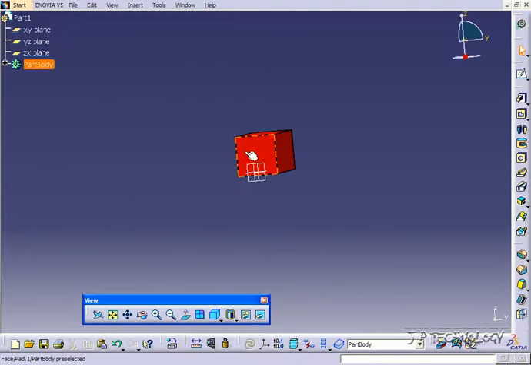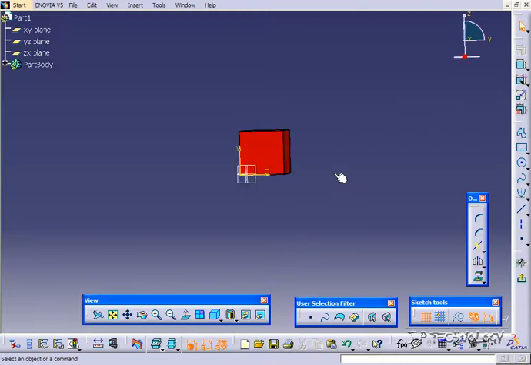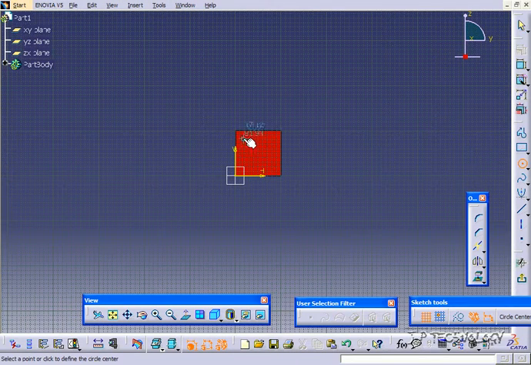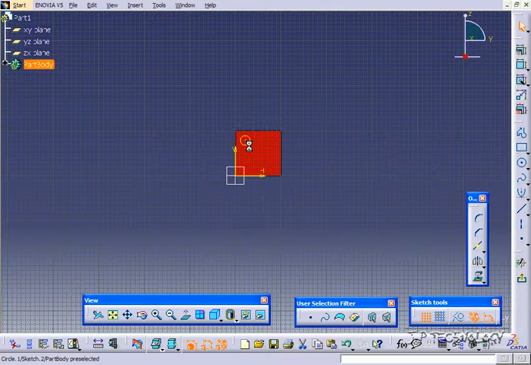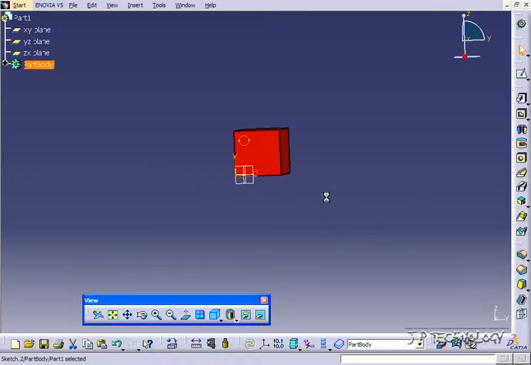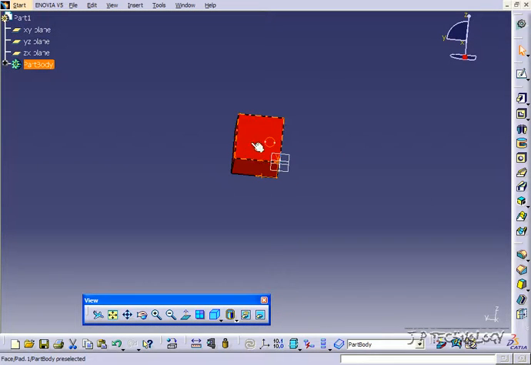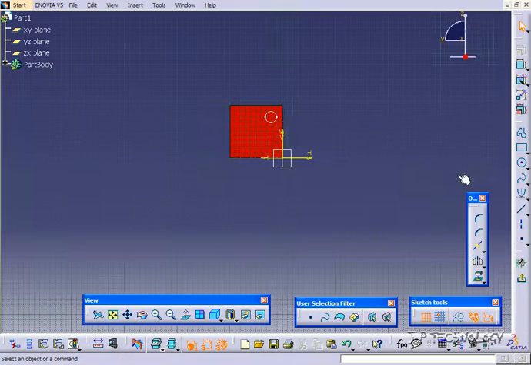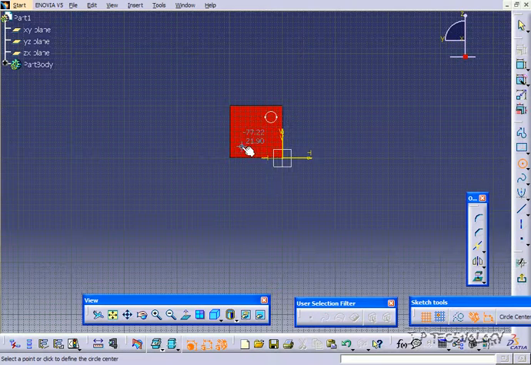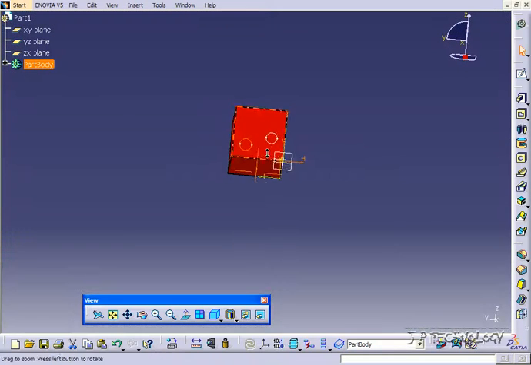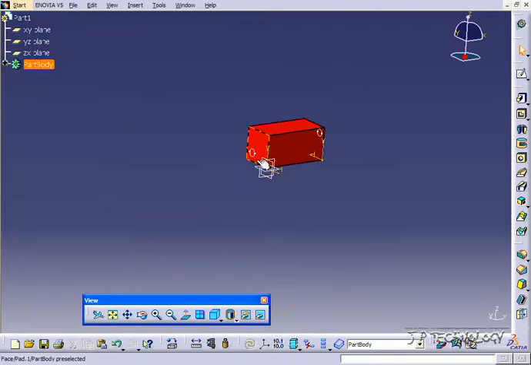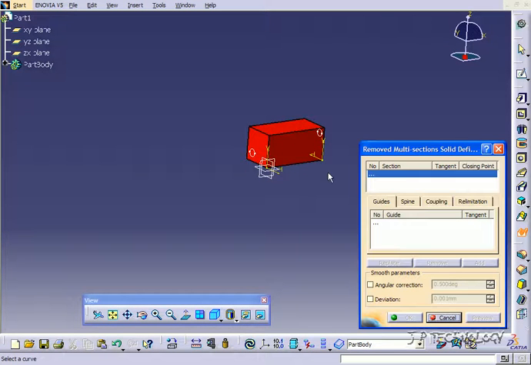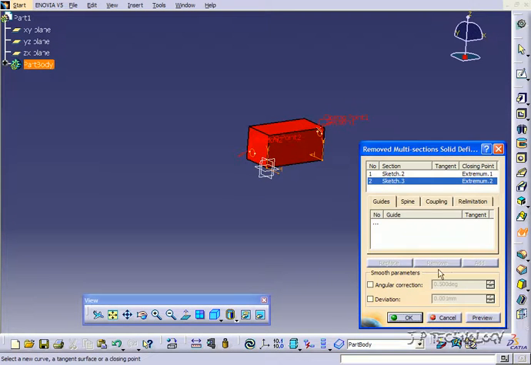So to start off, let's click this face here. Click Sketch, and let's draw a circle in the top left corner here. And let's go out, and let's go on the other side here. Click Sketch, and let's draw a circle on the bottom left corner here. And let's go back up. And what we're going to do is we're going to connect these guys, and they're going to cut out from this solid. So we'll click the removed multi-section, click one profile, click the other, click preview,